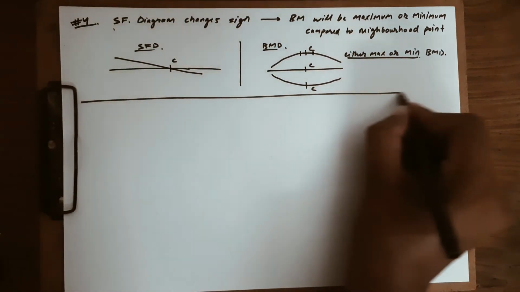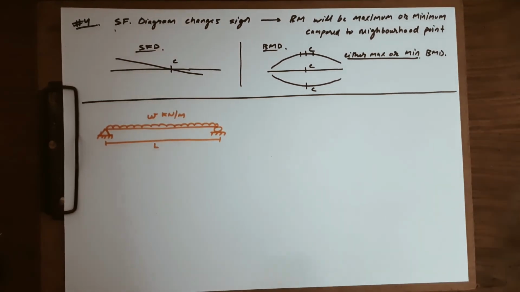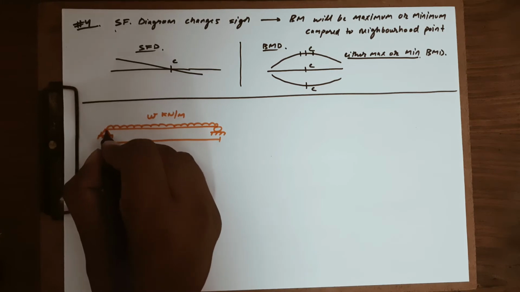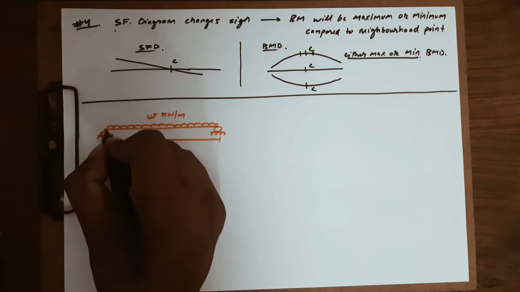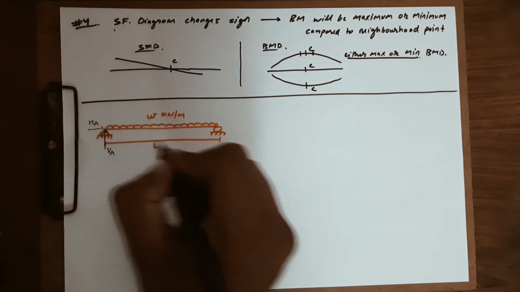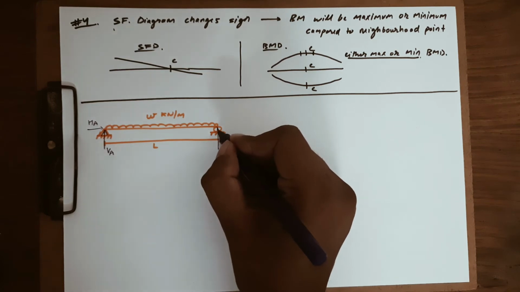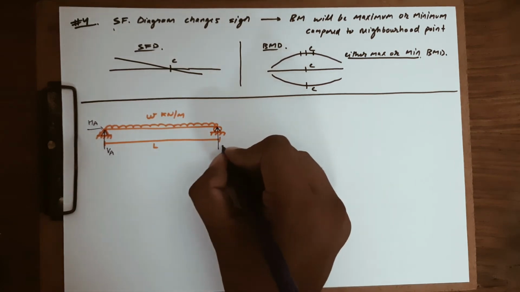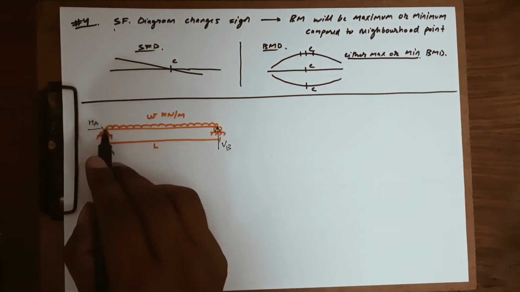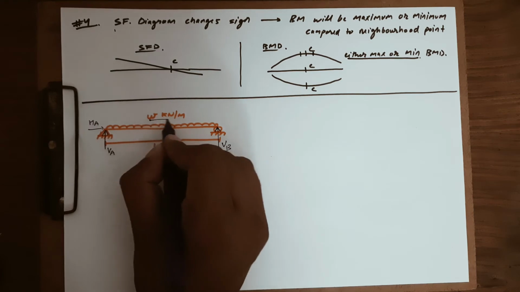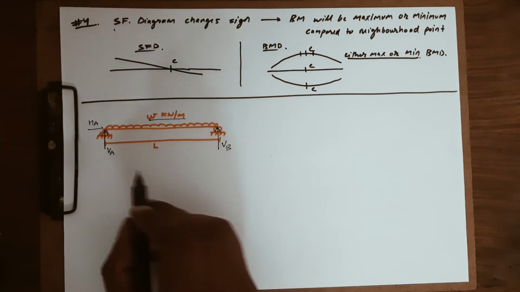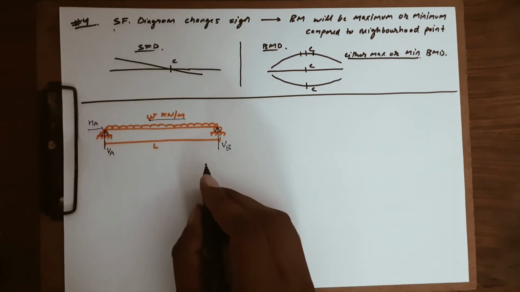Now we come to one numerical. So let's say this is the beam, a simply supported beam with a hinge point. So hinge support means that there will be two reactions, one will be VA and the other one will be HA. And this is a roller support, so it will be restricting only one direction, that is vertical, and we will be getting VB as the support reaction. Now a UDL of W kilonewton per meter load intensity is acting and the span of the beam is L. Now we have to find the SFD and BMD of this beam.